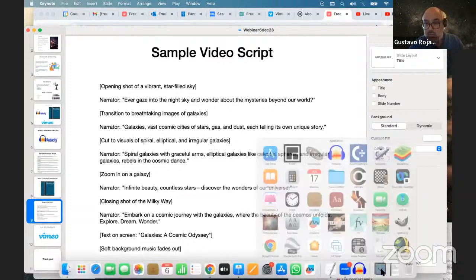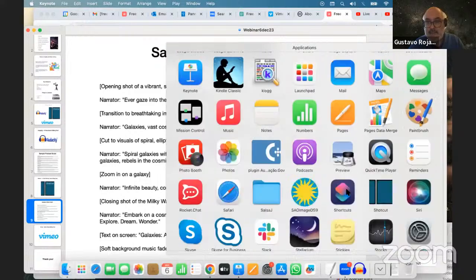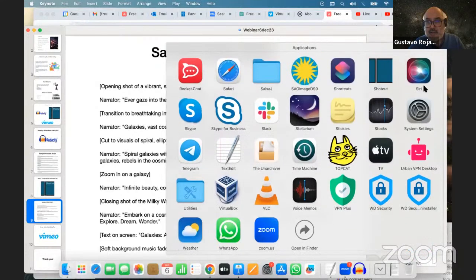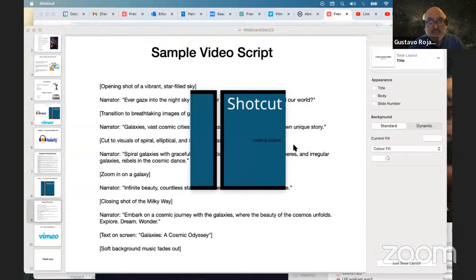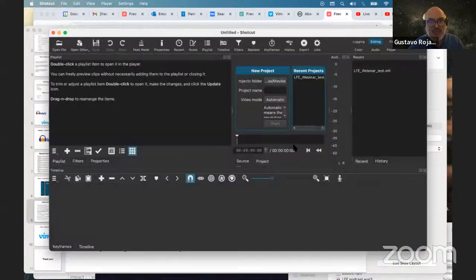I'm going to start here with Shotcut, so you can just take a look. I must confess that it crashed in my system a few times, so that's why I'm not going to spend much time here. So it's very simple, okay? I have here already a test file,